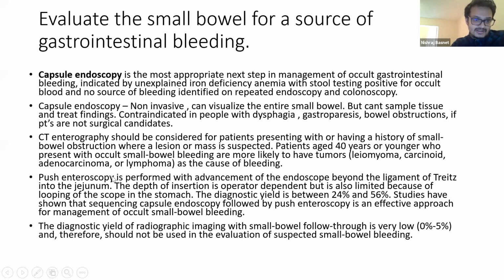There is also push enteroscopy that is normally done. That's basically upper GI endoscopy, but you advance the endoscope beyond the ligament of Treitz into the jejunum. That's very operator dependent, and sometimes it helps give us an idea about where the source of bleeding is, if it's in the upper segments of the small bowel. But capsule endoscopy is always the best way to find it. Okay, I think that's